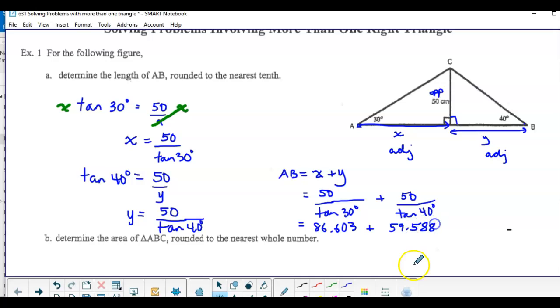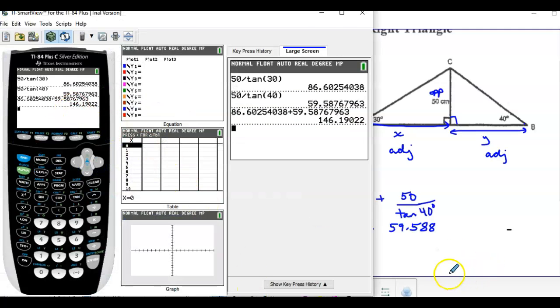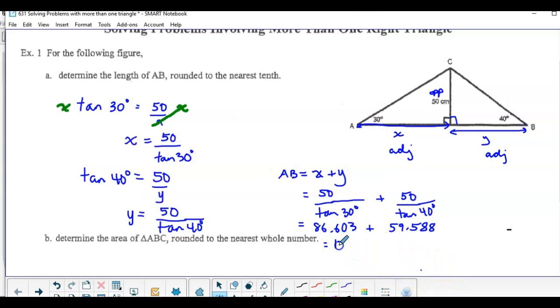Now you don't have to show the decimals in between. You can just add them together. And then the final is 146.190. And then I round from there,